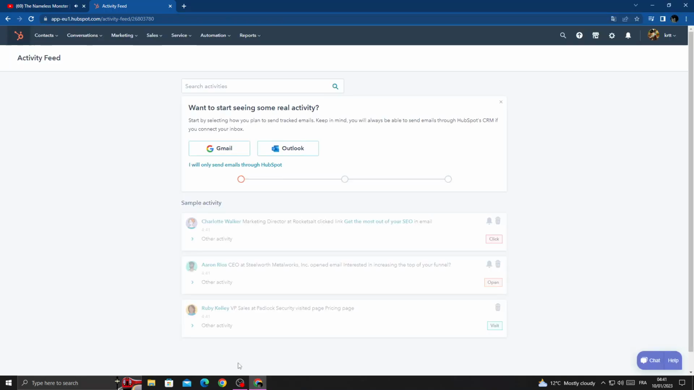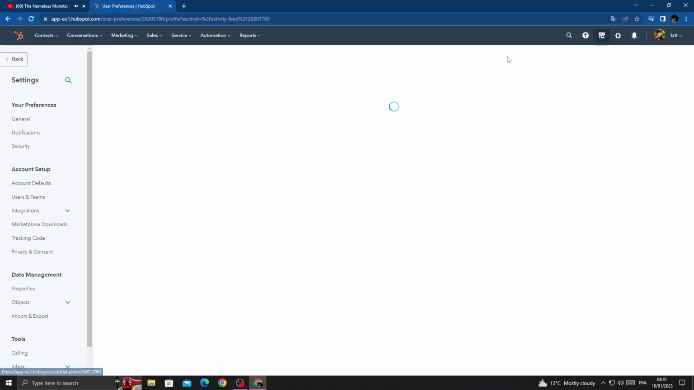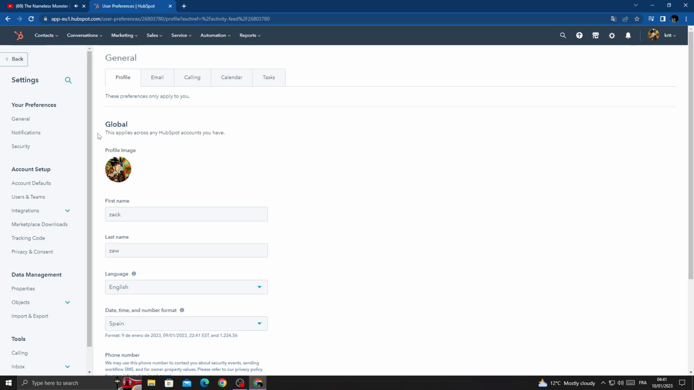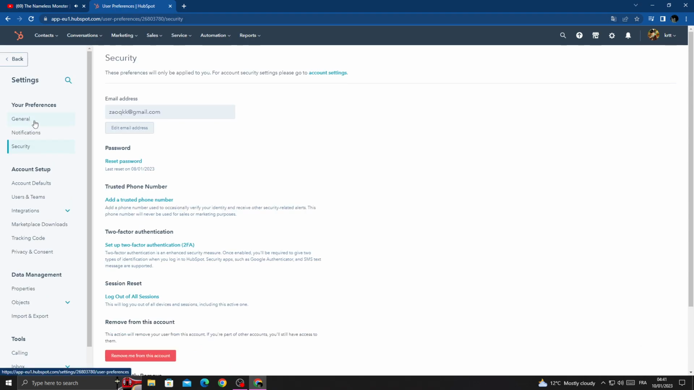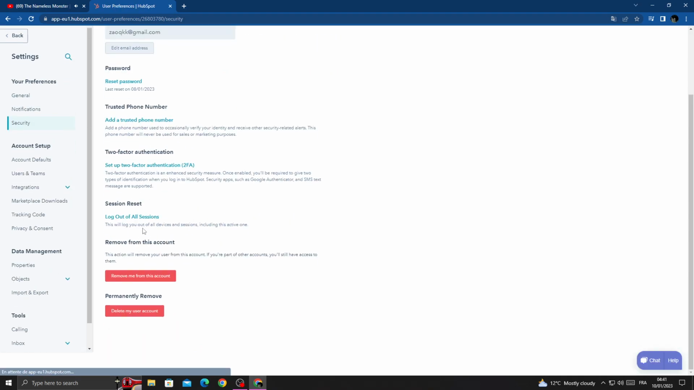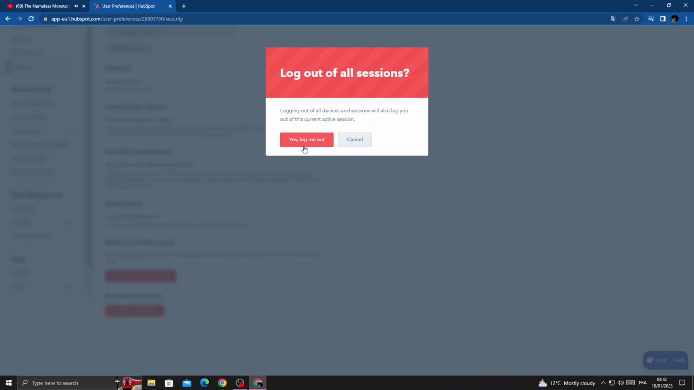First open your browser, and now once you're here, click settings, and then click security, and that's it. Now you will find session reset, and that's it. Here we'll find logout of all sessions. Click on it, and that's it. Then just click yes, log me out,